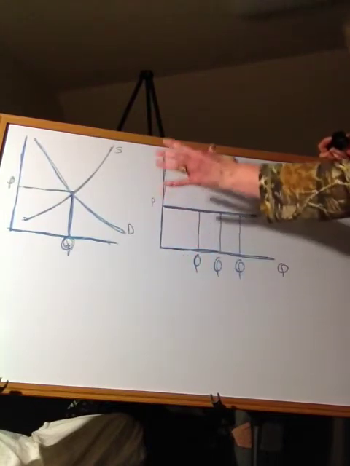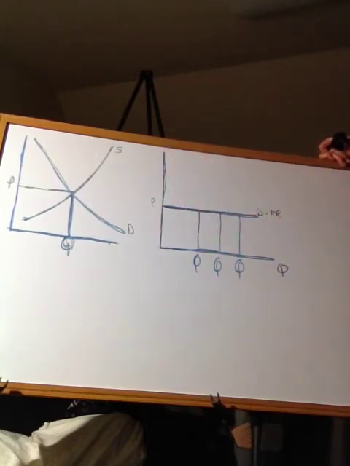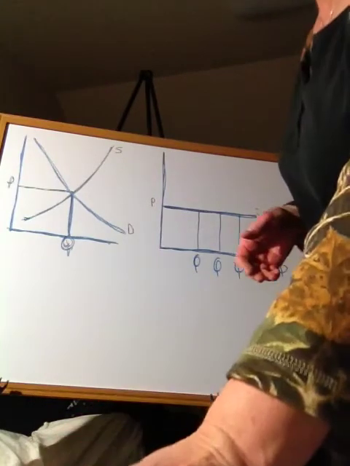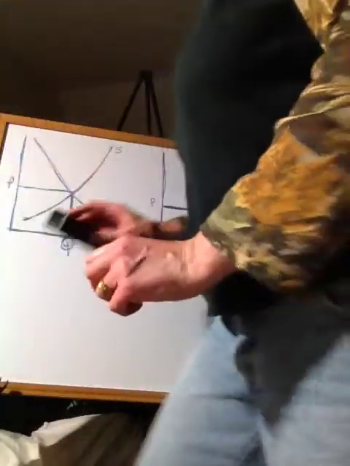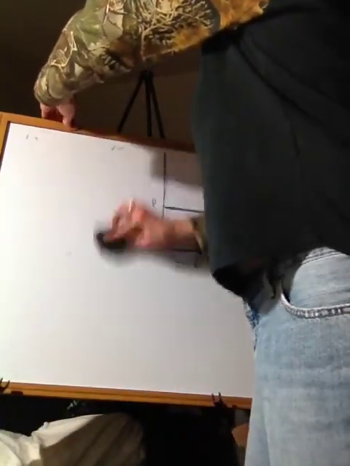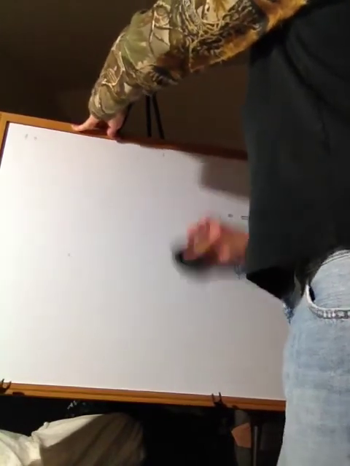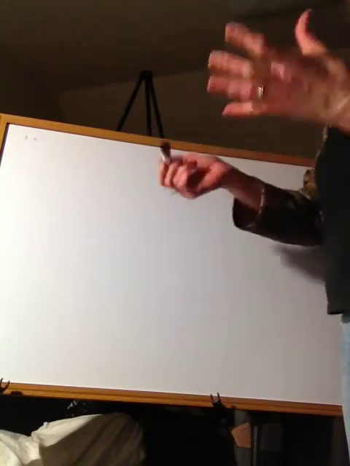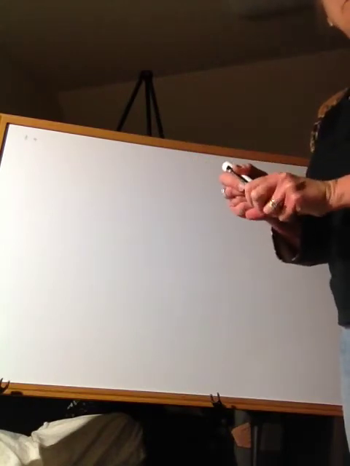But it doesn't help him to try to go out there and set a price for his corn because he can't do it. So in perfect competition, we say that these individual producers are price takers. They are at the mercy of the market. Now, having said that, how does the producer know how much to sell at a given price? So what I'm going to take you through is how this is accomplished when the producer is faced with the question, how much should I produce? How much should I sell? What price should I try to get, or at least wait for, in order to make a profit?